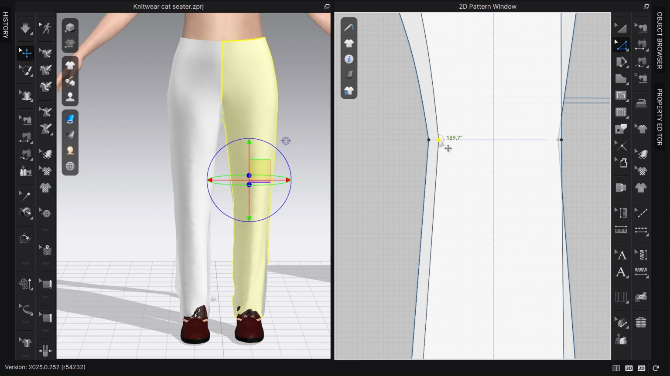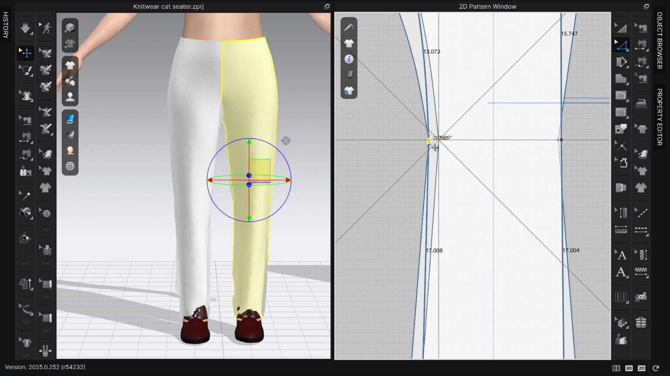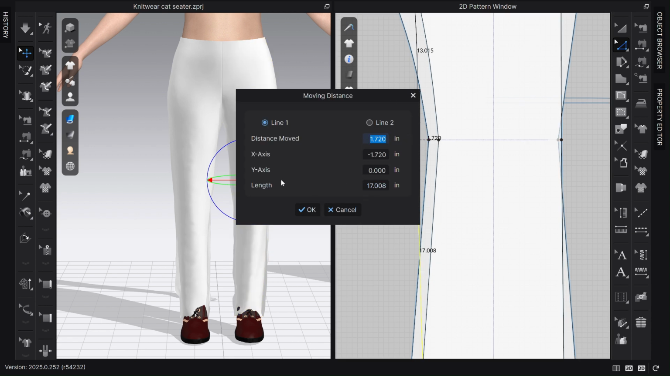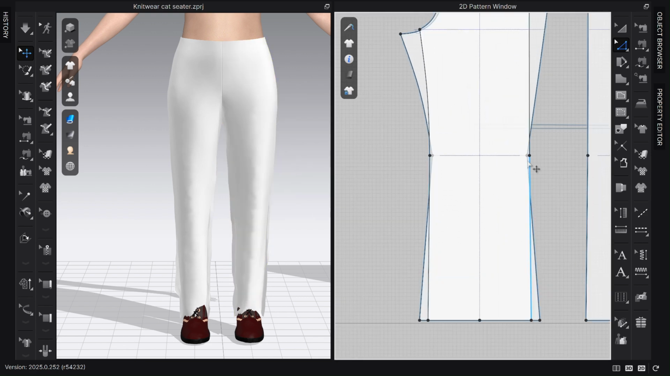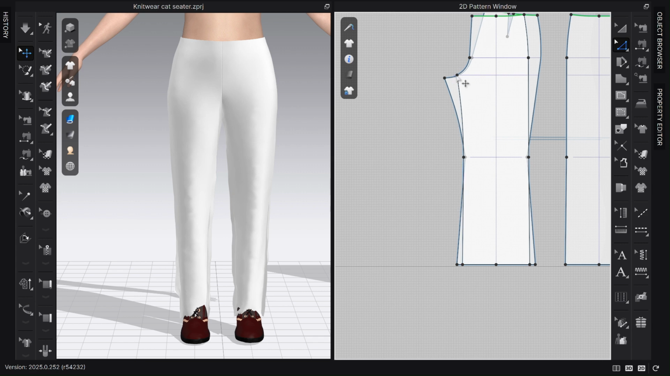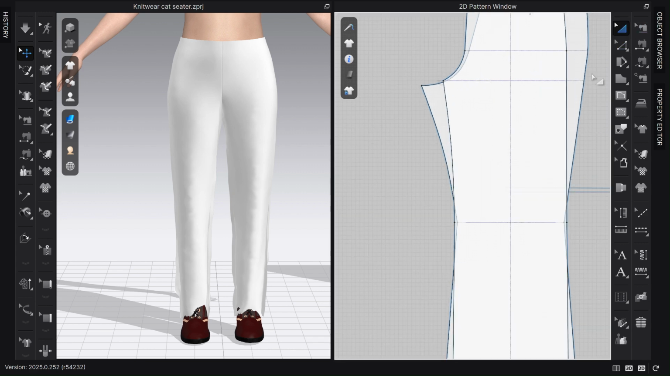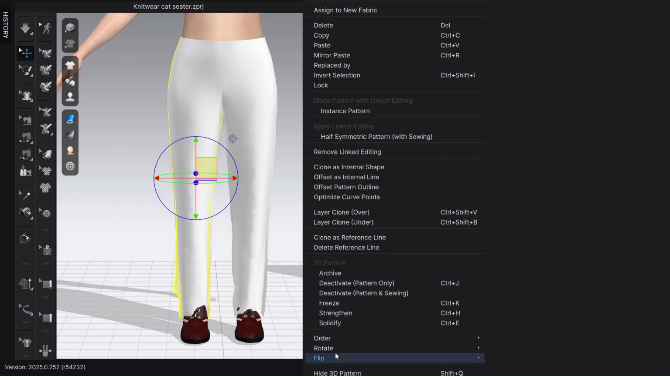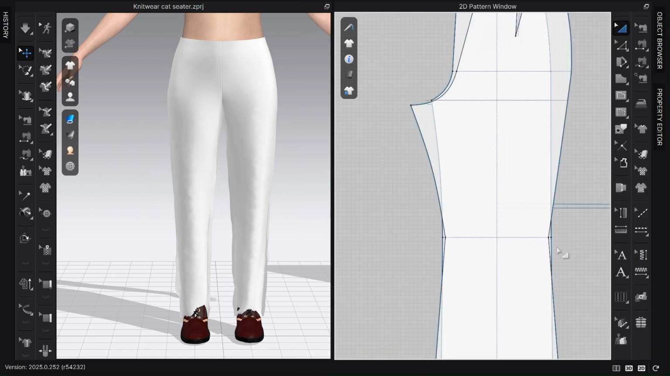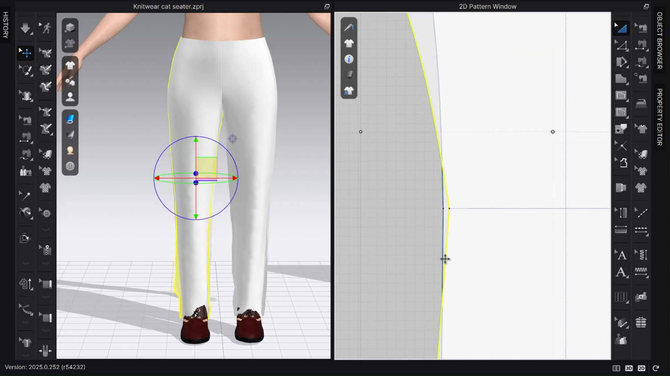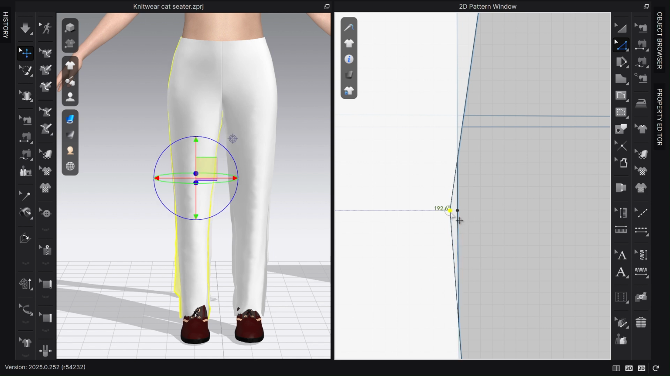On both sides. Hold shift when you are moving this point so that you don't move along the y axis. Okay, looks pretty straight. So now let's go to the back. Bring back to the front. So now when I choose this point,